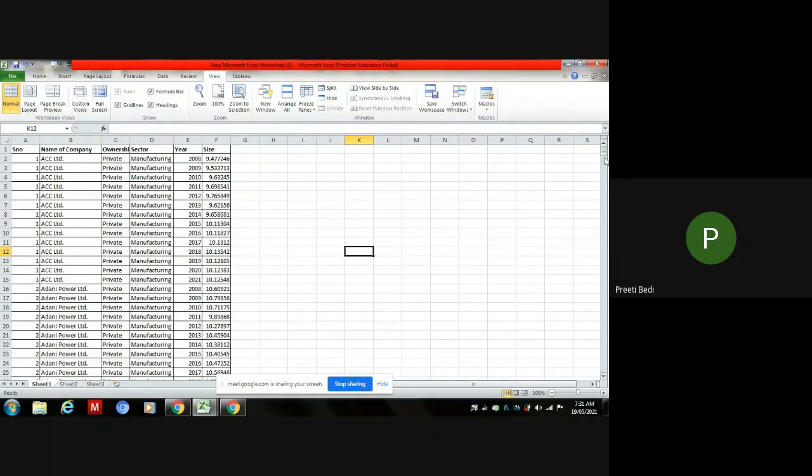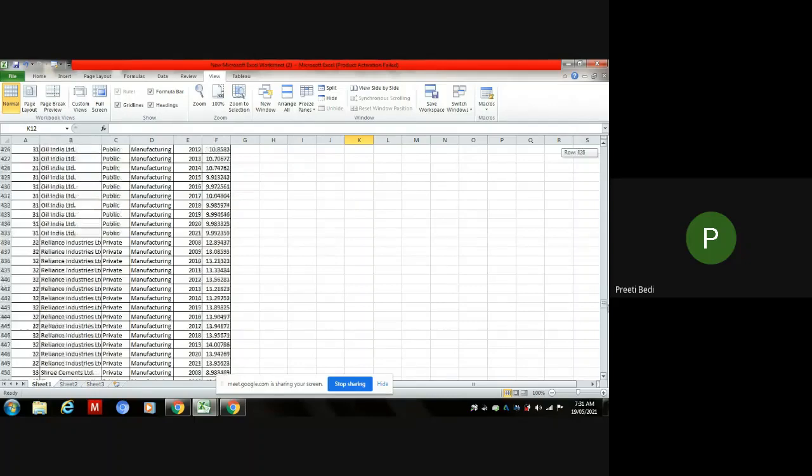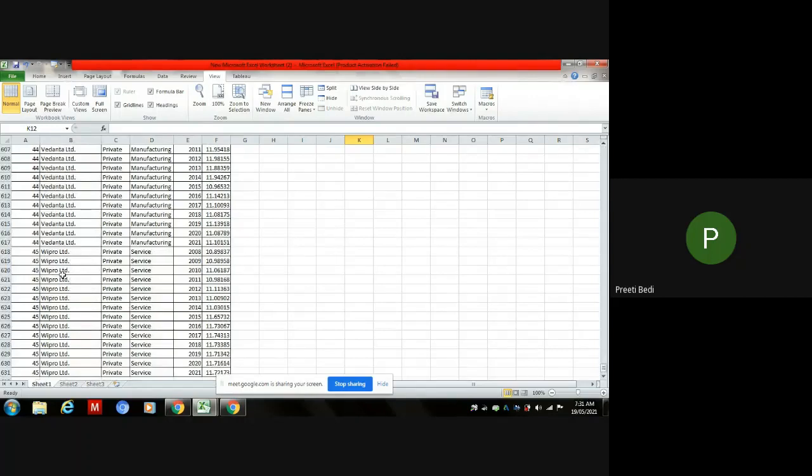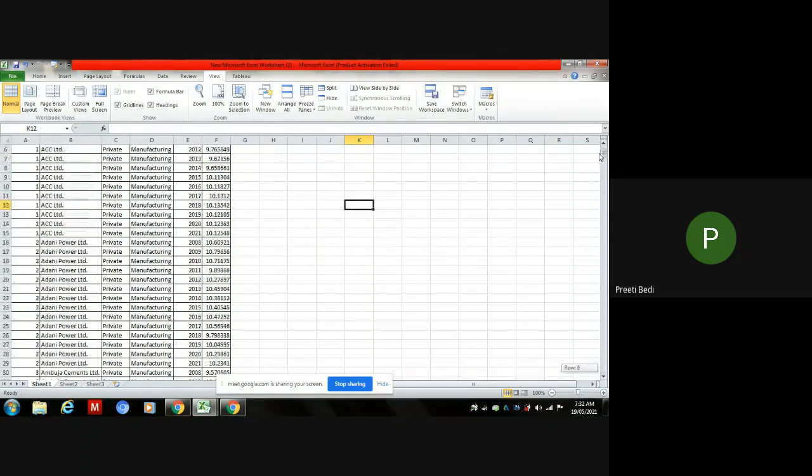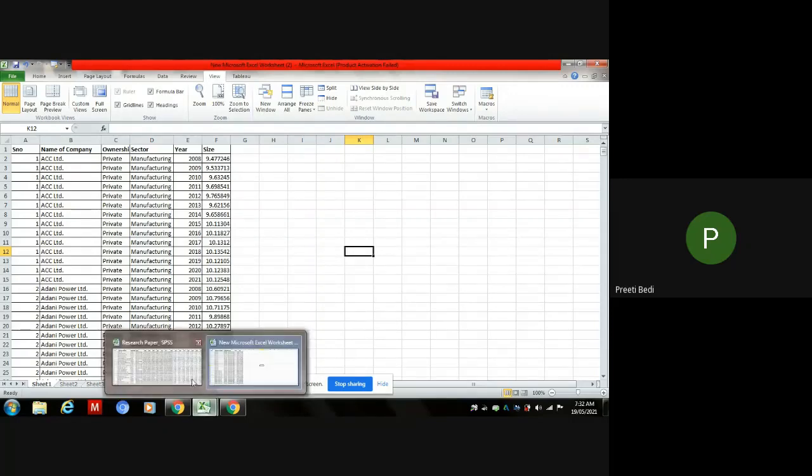You can see if I scroll down, it has transposed and reshaped my data, and the last company can be replaced by the code number 45. Believe me, all these things can be done with the help of a single click. I have a large data, though not even that large. In fact, you can be confronted with such large data that you're working with a 30-year period and 1,000 companies, and then it becomes completely impossible to transpose the data manually.